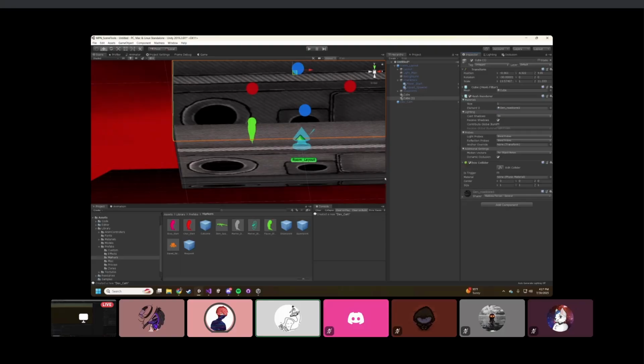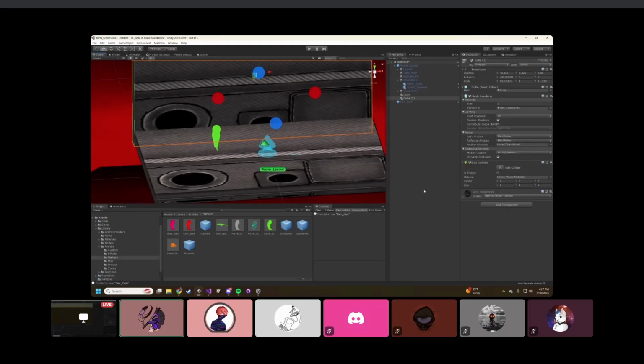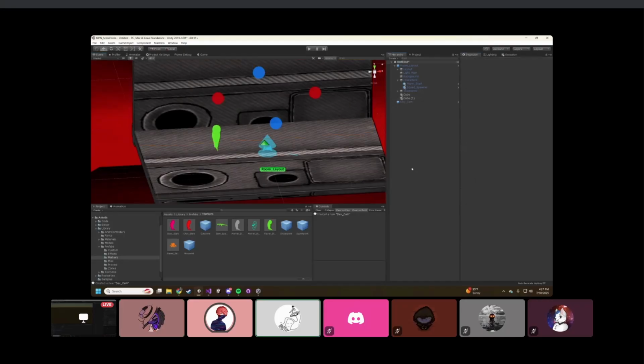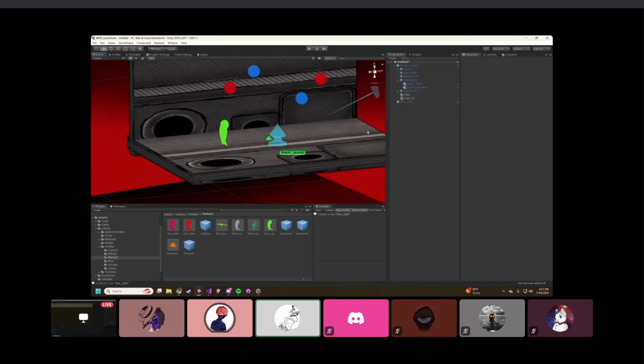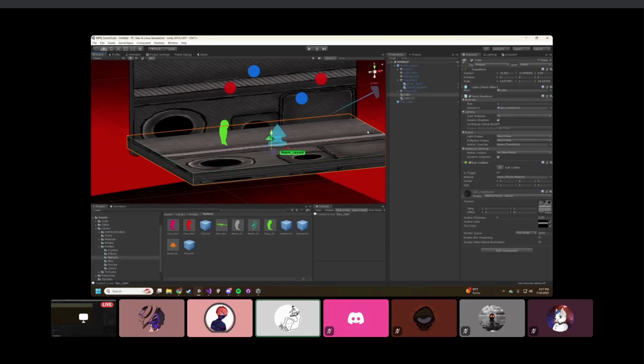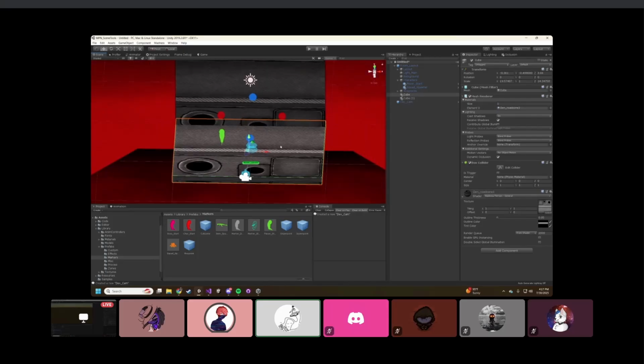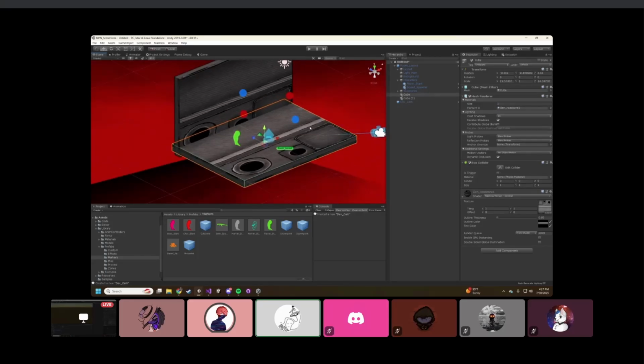Oh, what isn't? No, I'm saying materials that use shaders not from Project Nexus will work. Oh yeah, you can even write your own shaders. There might be some kinds of conflicts with the vanilla Project Nexus shaders, but if you know what you're doing, or even if you don't, and you just want to try to apply new shaders, you can do that. For anybody that's wondering, you don't have to use just the materials and textures that came with Project Nexus,